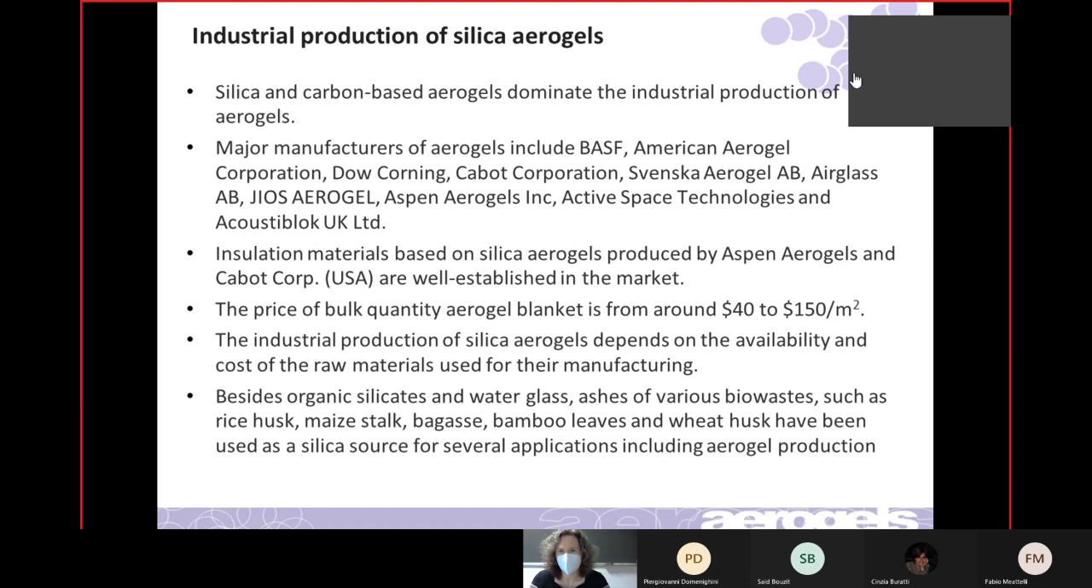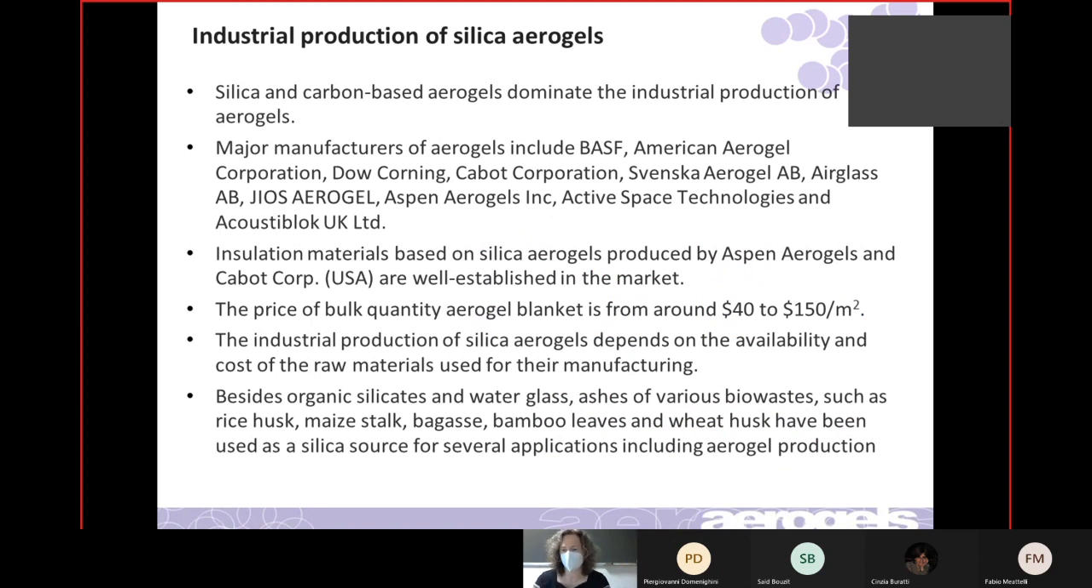But the price of some of these aerogel products is relatively high, and it depends on the availability of materials. And again, she had this here. There are a number of different things that would otherwise be industrial waste products that can be used to make aerogels. And so there's increasing interest in using reusable or renewable sources for some of these things. So I want to talk a little bit more about silica-based aerogels, and then we're going to take a break and talk about other kinds of